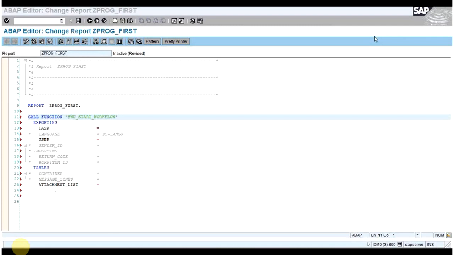So we will be calling SE38. Actually, in real time we take the help of either the standard function module, or we call the workflow with the help of events. So there are two methods to trigger the workflow: first is through the standard function module, and the next is through events. Events can be anything. Either you can call the standard function module and read the event, or if a standard event is present, then that workflow will get triggered once we do the binding. Everything about events will be explained when we discuss events. So today we will be writing one program.